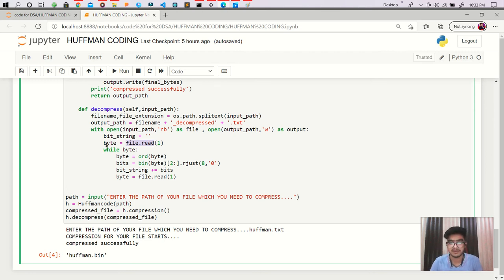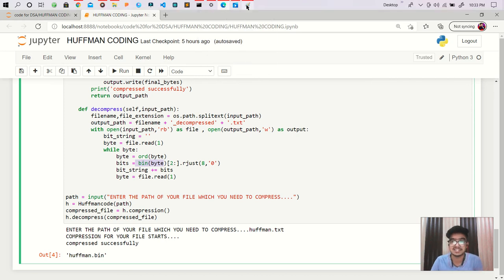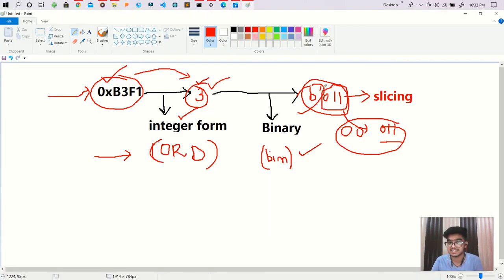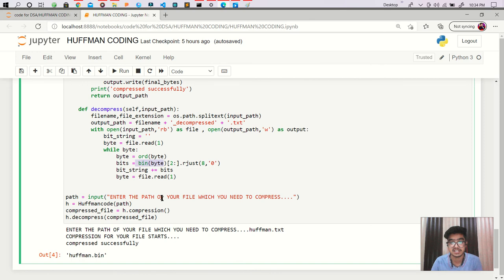So we are having a byte. While byte is true, we are converting. The ord method converts it into an integer, and then the bin method converts it into binary, and it is in the form of 0b. That's why I have to do slicing; I don't want those first two characters. So I slice from index 2, and then use the rjust method in order to convert into 8-bit format.